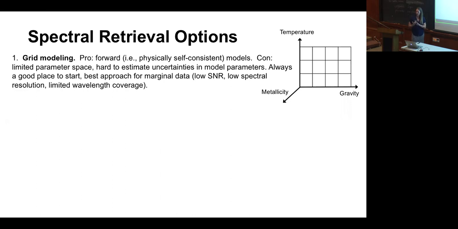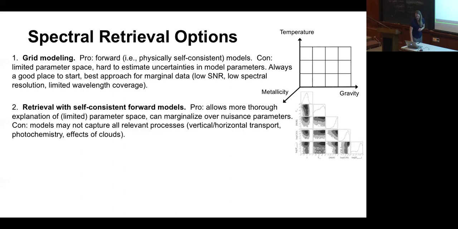So we want best fit values, and we also want uncertainties for each of those parameters. And the best way to get that is to actually do a retrieval. And so we can do that retrieval with these self-consistent forward models. So take the same grid of models that we were looking at over here, and actually just dynamically explore this space with something like an MCMC. And so then what we could get out is